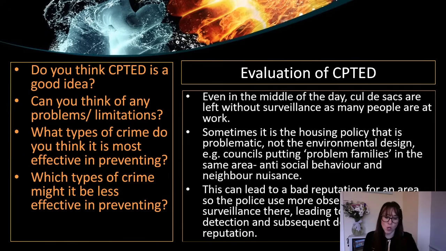Certain areas like tall-rise flats is where you might put problem families. Problem families bring with them the problems. So it's not the area, it's who's getting put in those areas, but then that area starts to have more problems, so they get a bad reputation, so then more surveillance is put in place which catches the problems, believing that those areas are the more problematic areas. It isn't necessarily, it's just the fact that the surveillance is picking it up. There's not surveillance in all areas, so you can't compare the surveillance from a nice area to a problem family area to say this is the big issue. There's no comparison, so it looks like these are problem areas because there's more surveillance there to pick it out. But it might be about the people that are there rather than the environment itself.